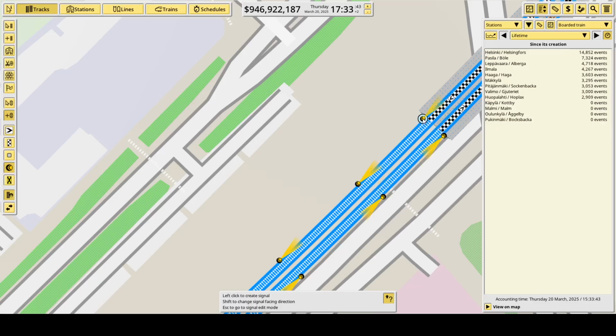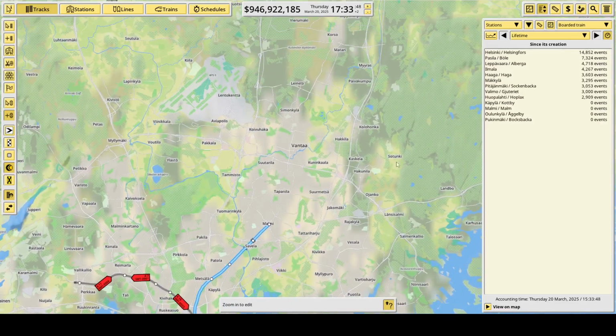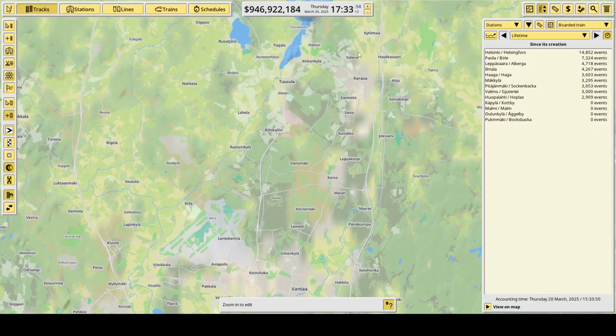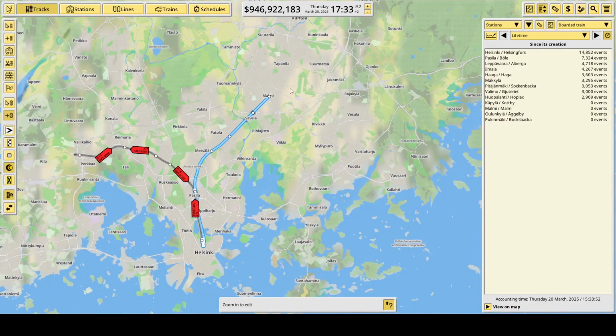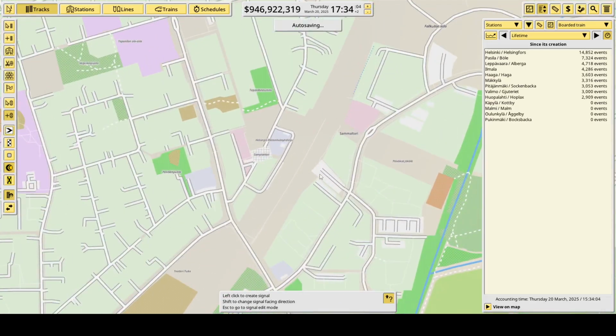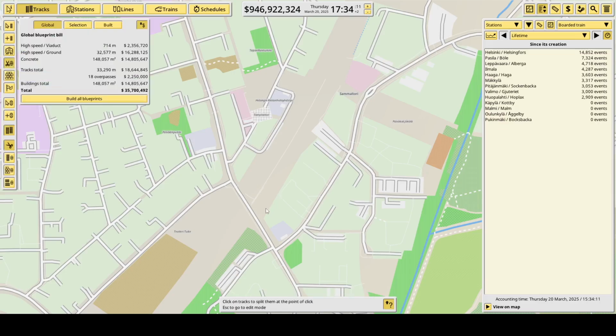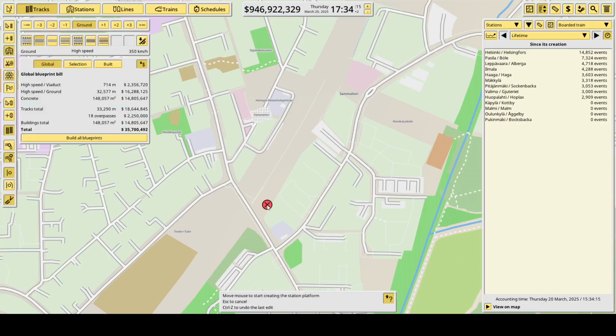We go, and there we go. And now we've connected Malmi with the railroad. As you can see, Kerava is over there, so it's still far away. And if I'm not mistaken, the following stop will be at Tapanila. Yes, that's correct. And the station is located somewhere here, I think, because they're always located in similar places, between roads,